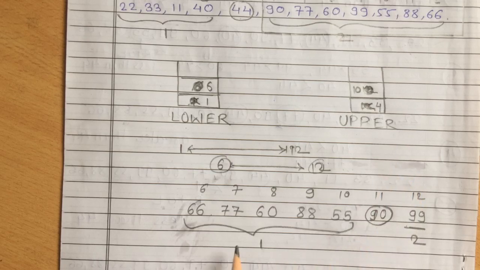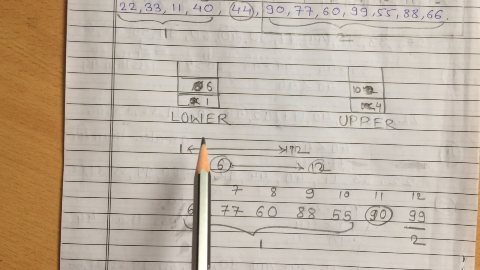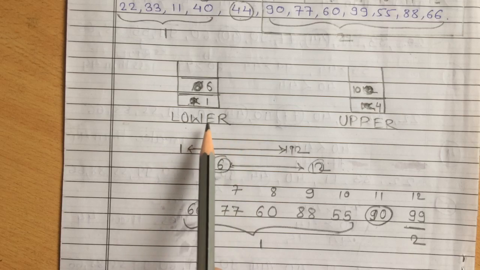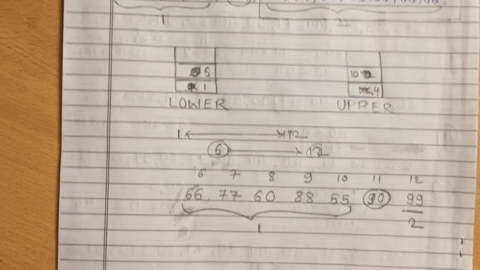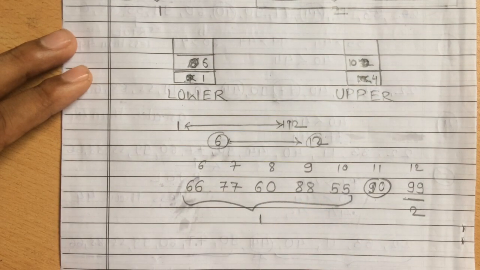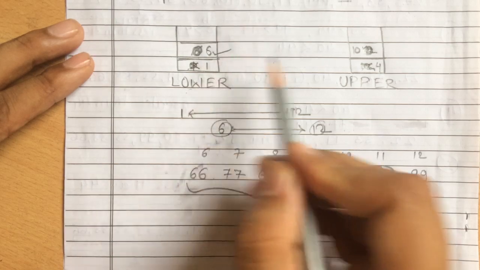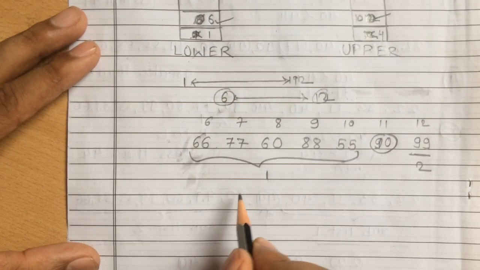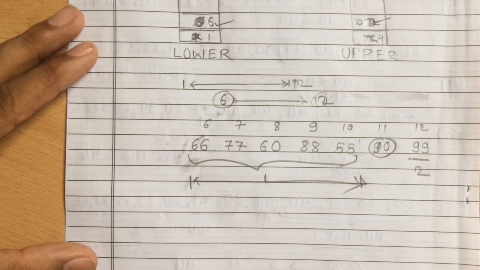So after execution of this, we have only one sublist having boundary values 6 and 10, that we have already pushed onto the stack. So now we have two values in each stack. In lower we have the lower boundaries, that is 1 and 6, and in upper we have 4 and 10. So again we have to repeat the same process. Again we are going to pop the values from lower and upper. So we are going to pop this 6 and 10, that is, we have to apply the reduction step on this sublist, and the same process we are going to repeat.